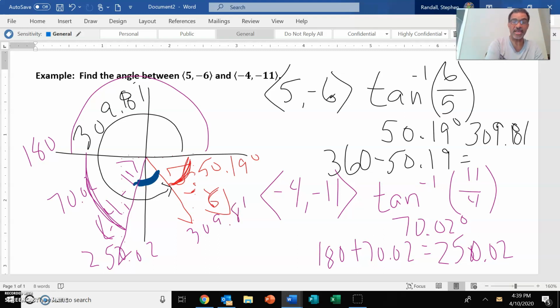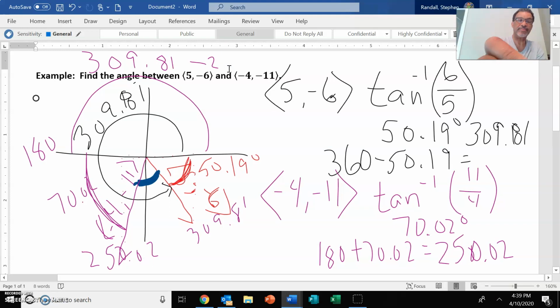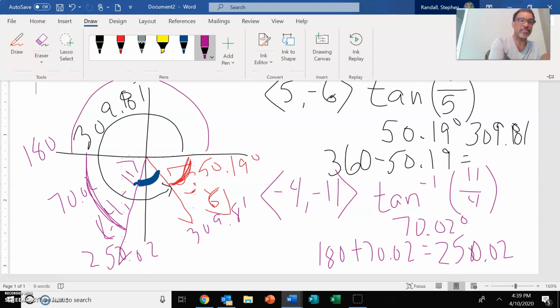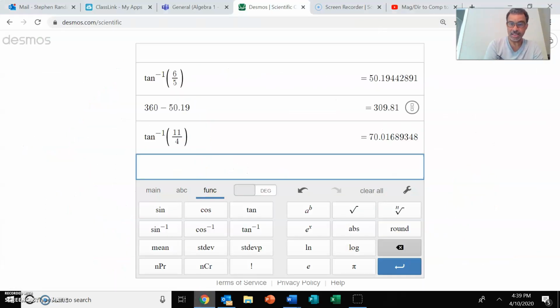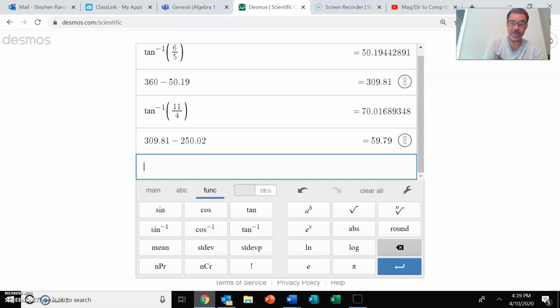What's between them, you'd get by subtracting that. 309.81 minus 250.02 is 59.79 degrees. So the angle is